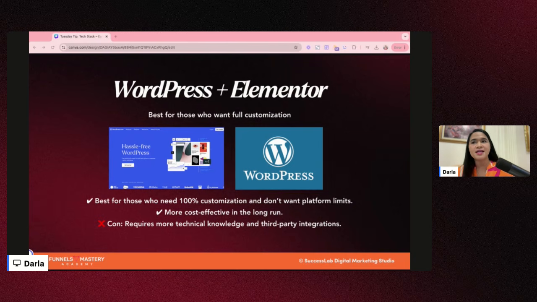So for example, si client ang gusto niya talaga, gusto ko kasing mag-blog, gusto ko kasi na mag-rank sa SEO, gusto ko ng advanced customization when it comes to design, etc., etc., then they can definitely maintain WordPress, especially if they don't want to commit with payment, yung monthly payments. Kasi if you use Systeme.io or Go High Level, of course, pagka nag-register ka or nag-subscribe ka sa kanila, you need to pay the monthly.